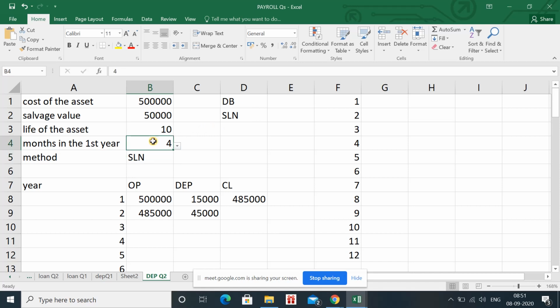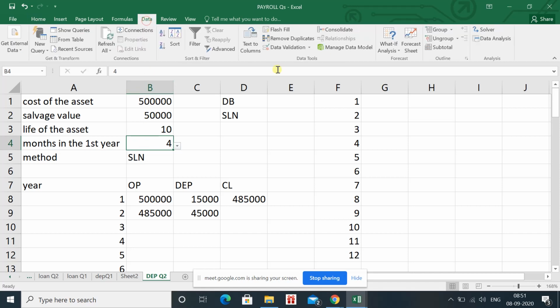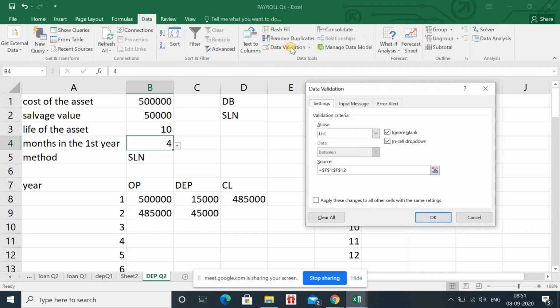So first of all, to create the drop down box for the months in the first year, we will write 1 to 12 and keep our cursor in a cell in B4, because we want to create the drop down box in the B4. And we know that for creating the drop down box we have to go to the data, then data validation. After data validation, you will go to the settings.